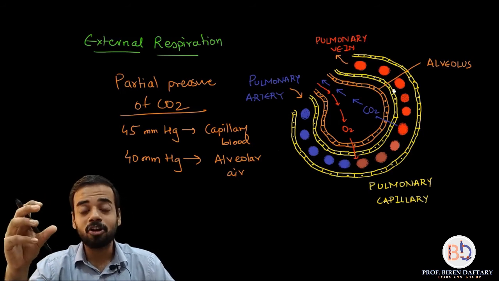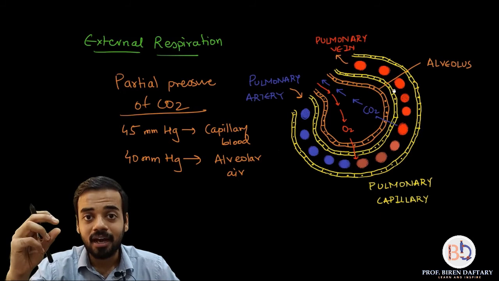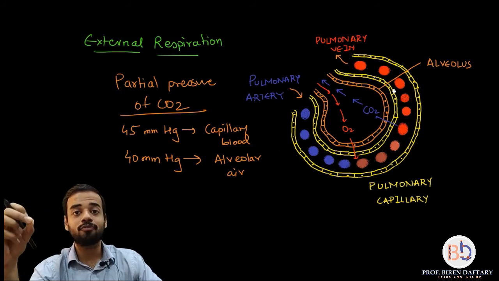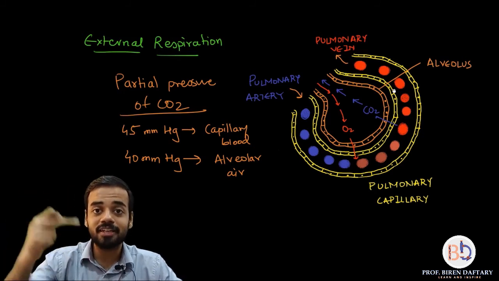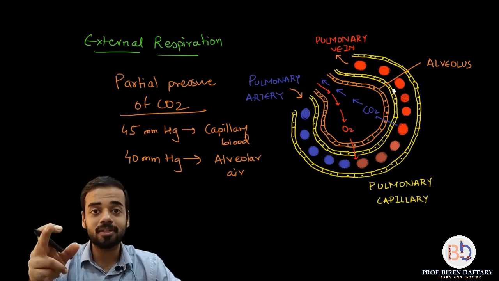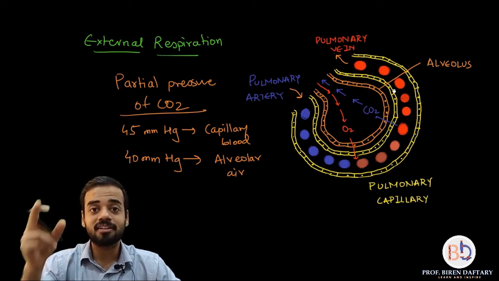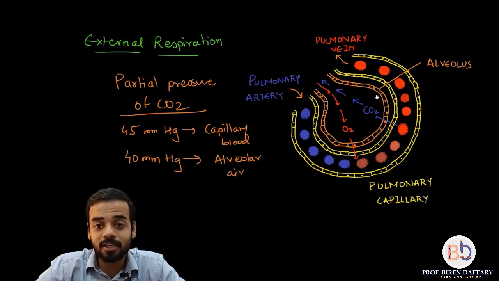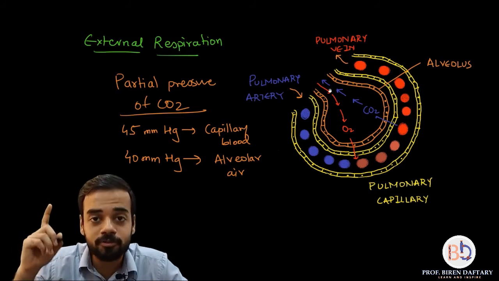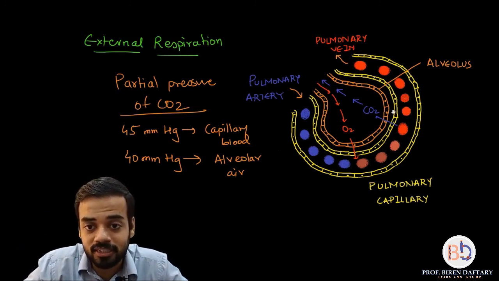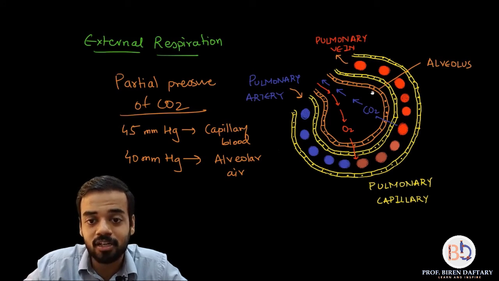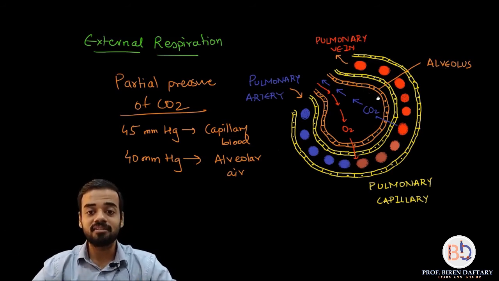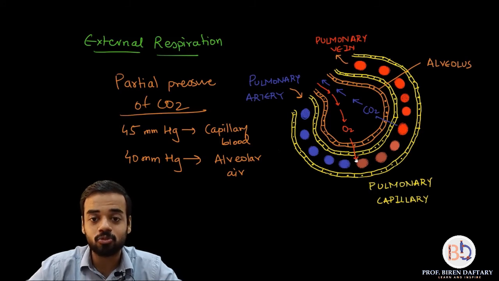This is a very, very important point. Both the membranes are very, very thin. The membrane of the alveolus is very thin, and the membrane of your capillary is also very thin, and that is why the gas is able to diffuse through. Remember that point of respiratory surface. The respiratory surfaces have to be very, very thin, so the surfaces are made up of a single layer of cells. Both are made up of squamous epithelium. These orange cells of the alveoli are also squamous epithelium. Because of that, diffusion of gases becomes easy. Is this clear? And that is why the gases pass through these walls.